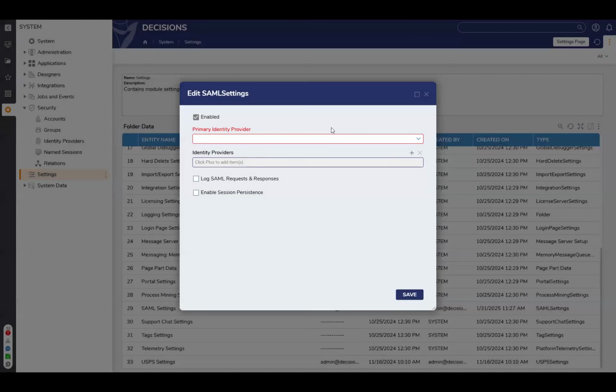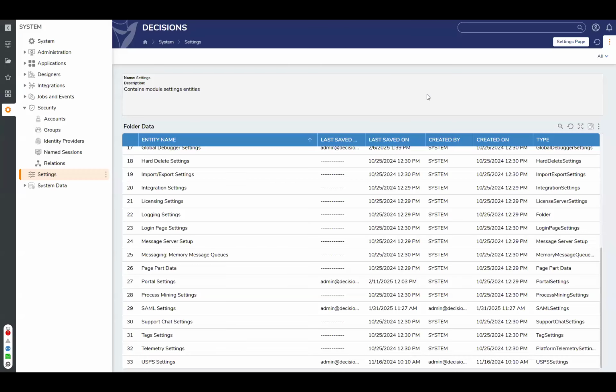Once this is completed, this will get put up here under the different identity providers, and you have to select a primary one. The last thing you need to do, once you have your accounts converted to SAML and all of your information set up properly here, is go to the settings XML, which I don't have access to at this particular second.